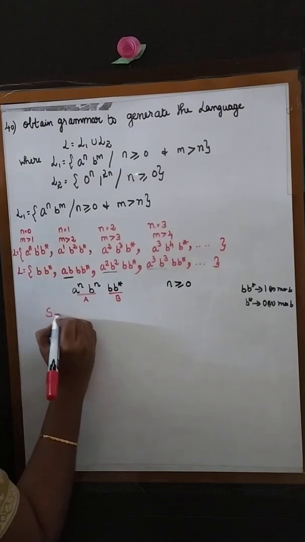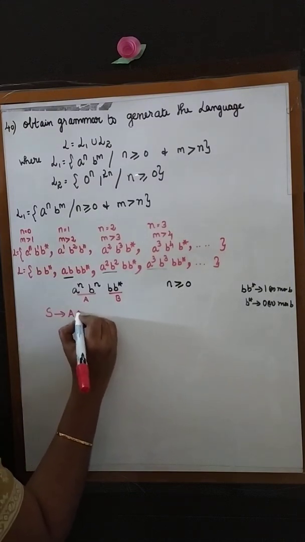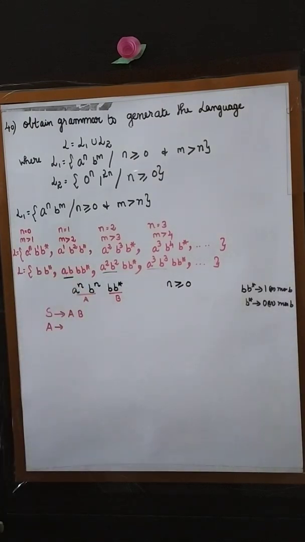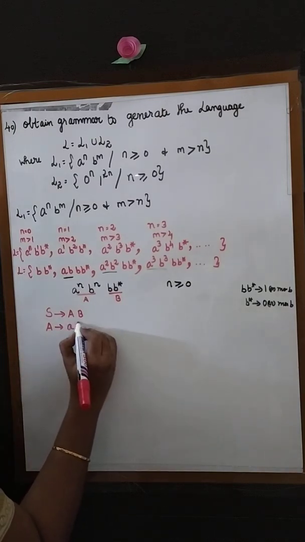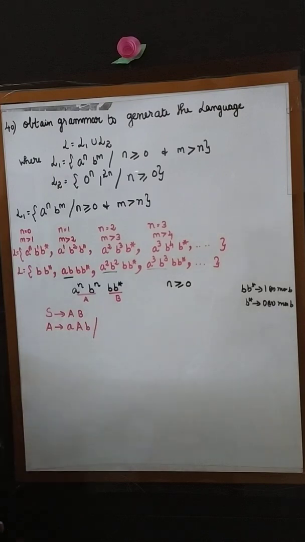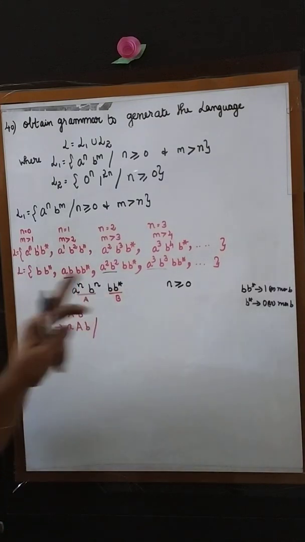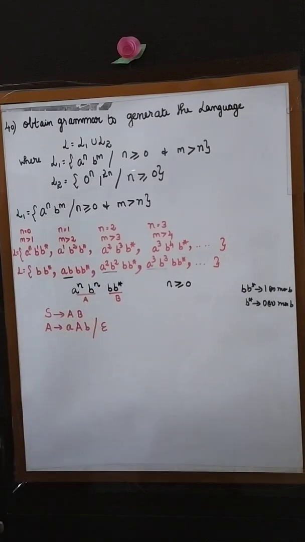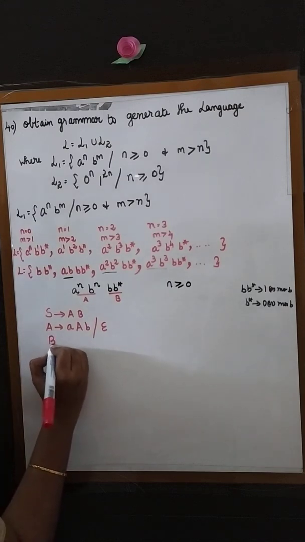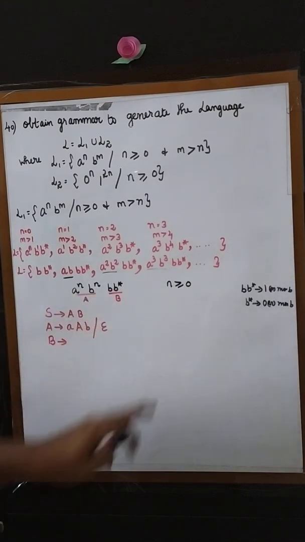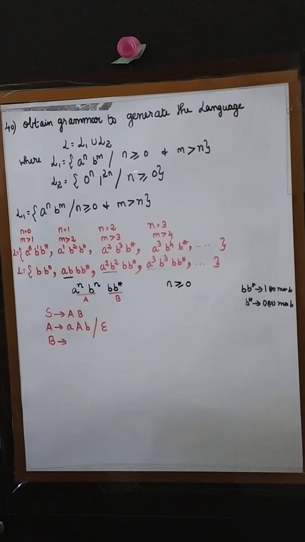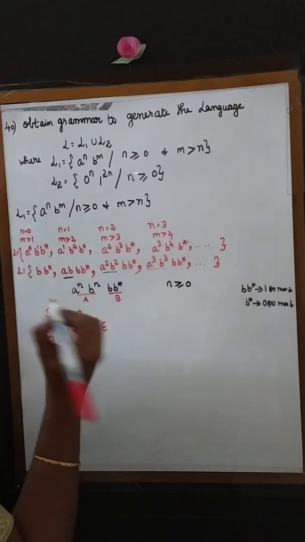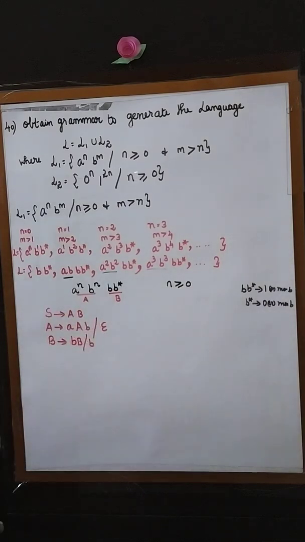So now I am going to write the grammar. My S will have A B. In A, A is going to come n number of times and B is also going to come n number of times, so A coming n number of times followed by B. And we said this n is greater than or equal to 0, which means it is starting from epsilon. Now we have to come to B, and here in B it is b star. That means b is going to come n number of times with one b. So I will write b coming n number of times and then with one b. So this is my grammar.